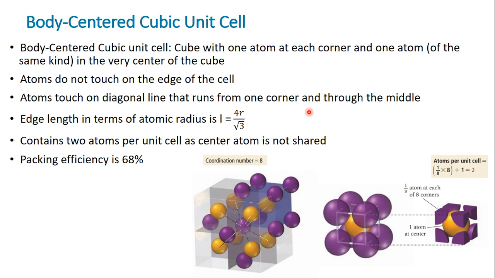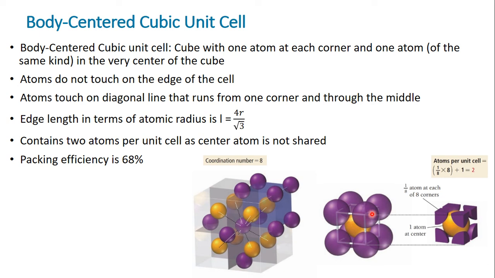So let's go on to a different type of basic unit cell, and that's our body-centered cubic unit cell. It's like the unit cell we were looking at on the previous slide, where you have 8 atoms at each corner, but this time you have an atom in the center as well. And what's also different is that the atoms at the corners aren't touching each other anymore, but